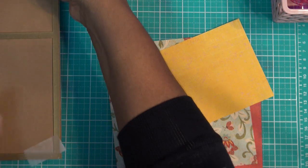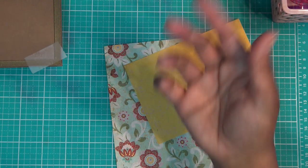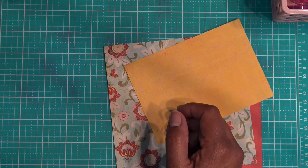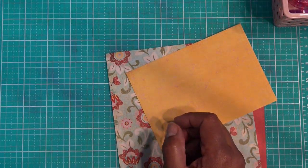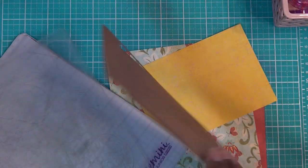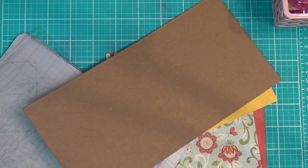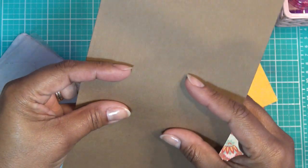Let me just straighten that out. And let that go through. So the rest of the frame is just going to go through without being cut because there's no plate there. And let's see how we did. So she was asking about this for the quilling dies, really. Some of them are longer than what we like. And there it is. And it is slightly